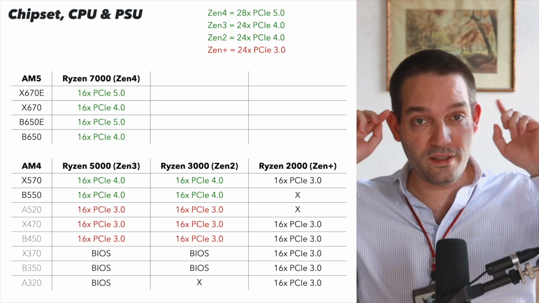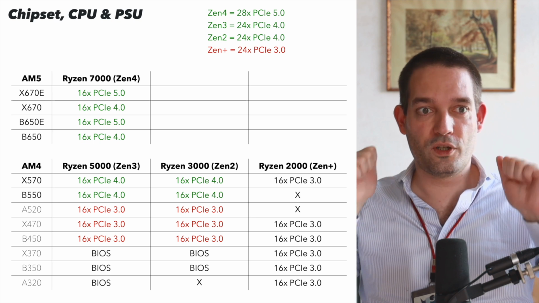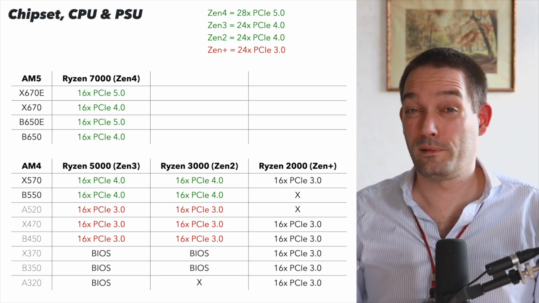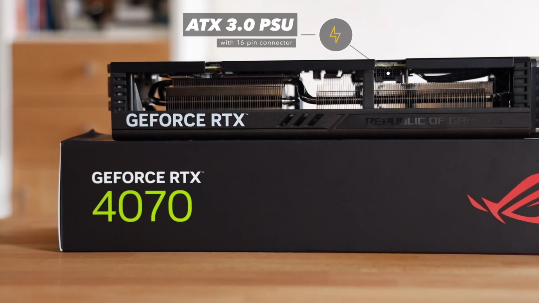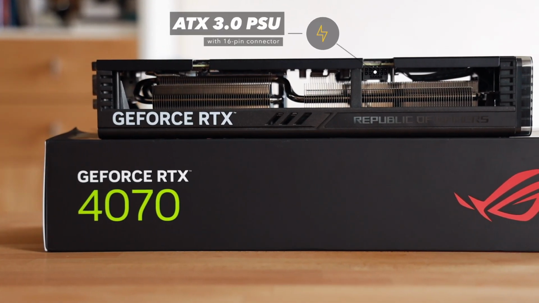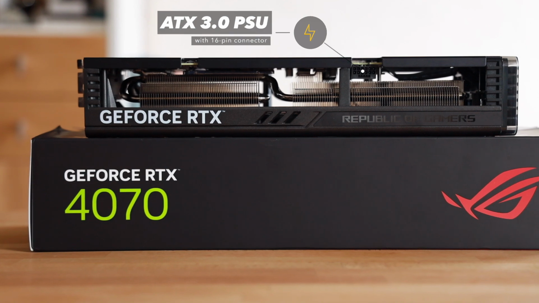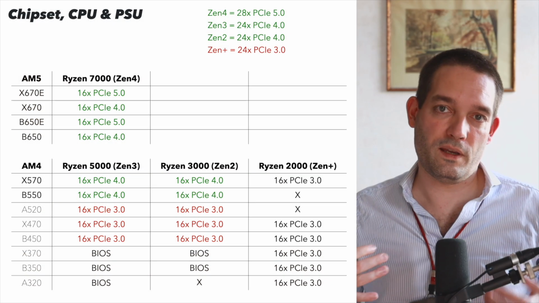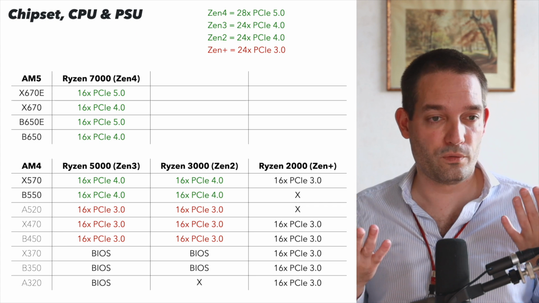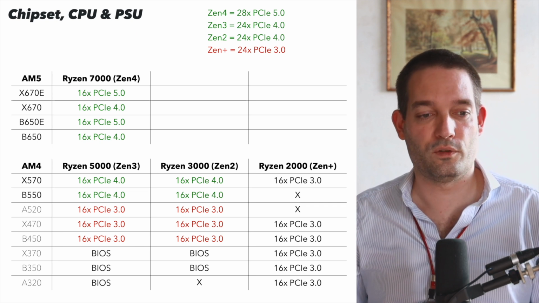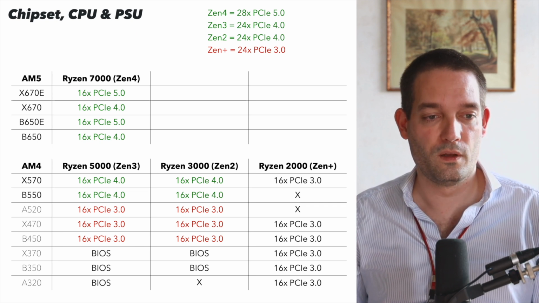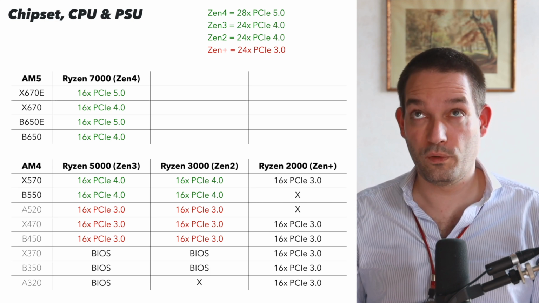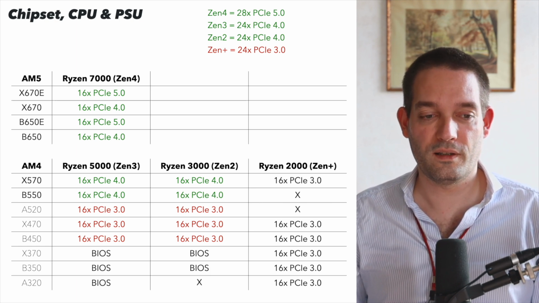Now guys, please also consider your chipset, CPU, and in some cases even your power supply, especially if you would get a 4070 or 4080. It's very nice to have a power supply with the 16-pin power connector. In the case of the graphics cards that I've shown you right now, you don't need that. You still have the old connector. So that's not as relevant, but what's definitely relevant, for example, if you have the RTX 4060, is that it's